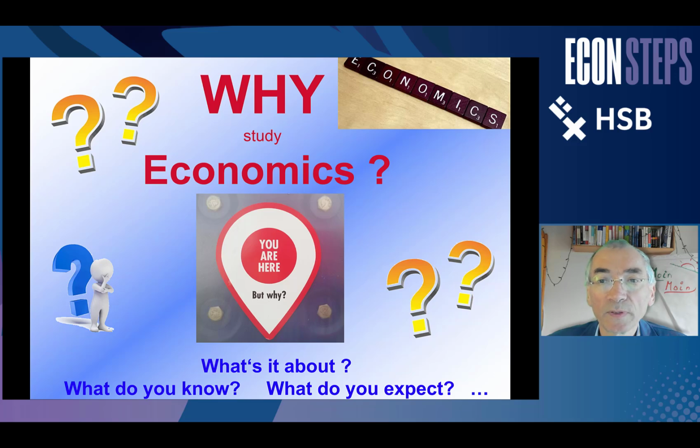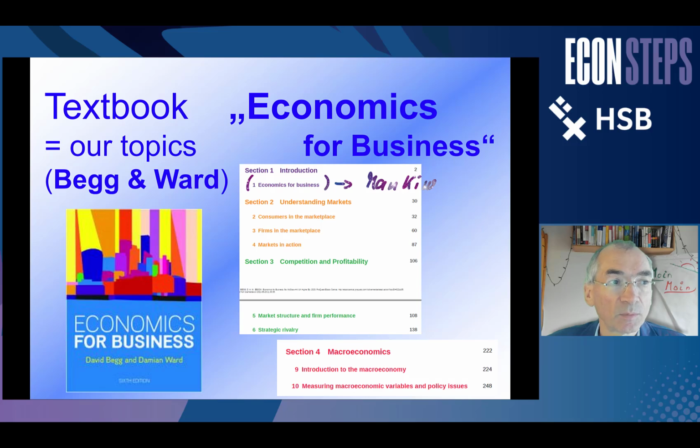We're going to do this based on a textbook, the book Economics for Business by David Begg and Damien Ward, in the 6th edition. And you see a bit of the table of contents here. The book is one orientation, and the orientation that shows you more dynamically what happens in this class is